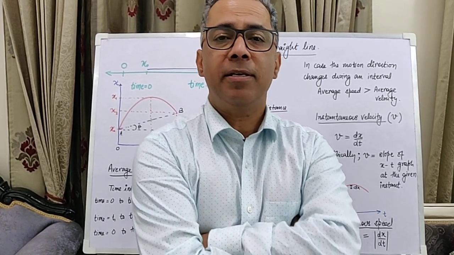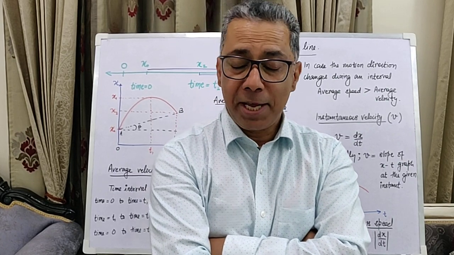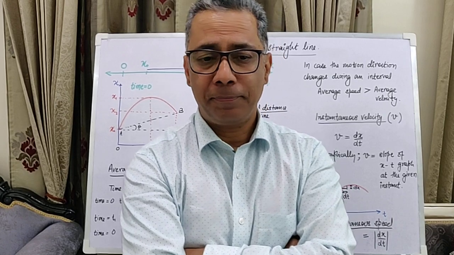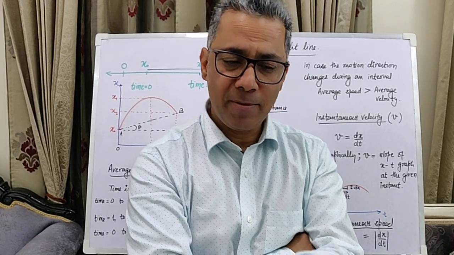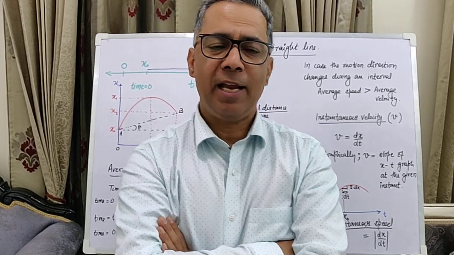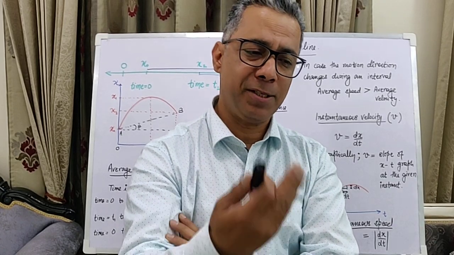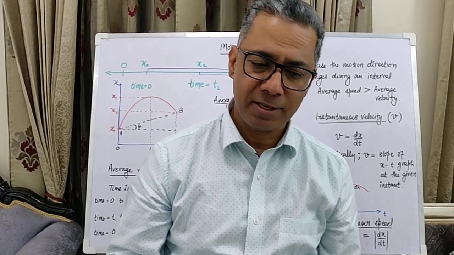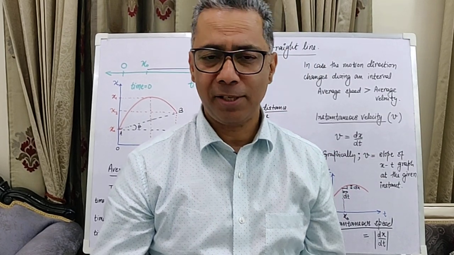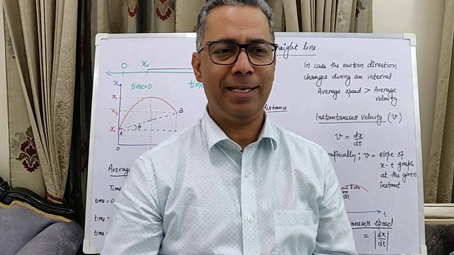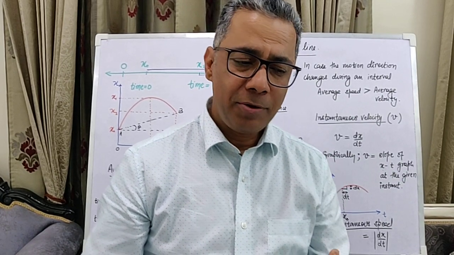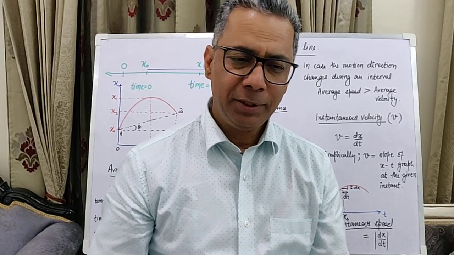Now an instant by definition involves an interval of 0 time, and if we take 0 time, the displacement is 0, and if we divide 0 displacement by 0 time, we have 0 by 0, which is something that even mathematicians cannot really handle. They say it is an indeterminate quantity. Now to get around the problem, we use